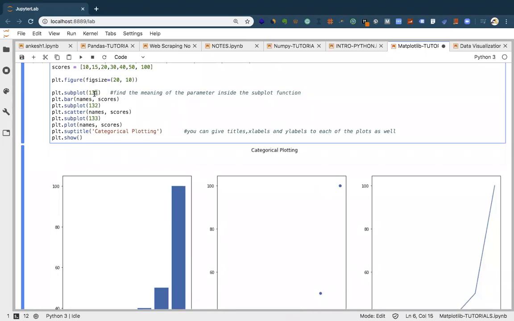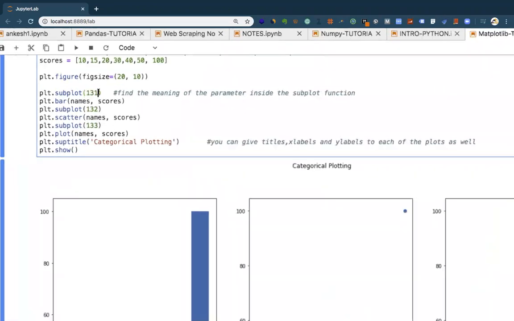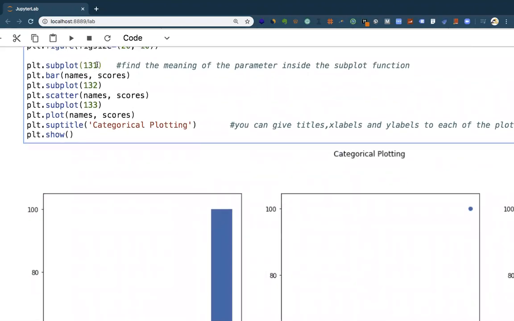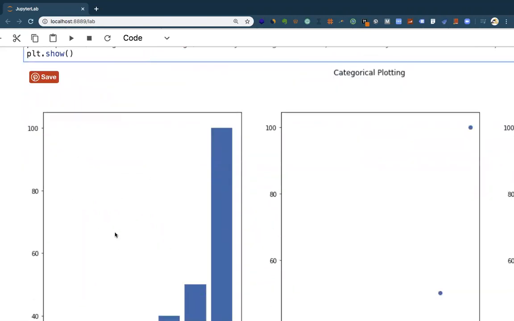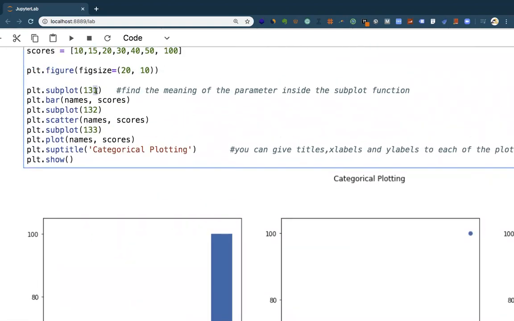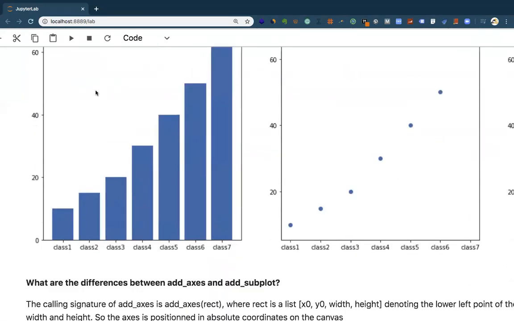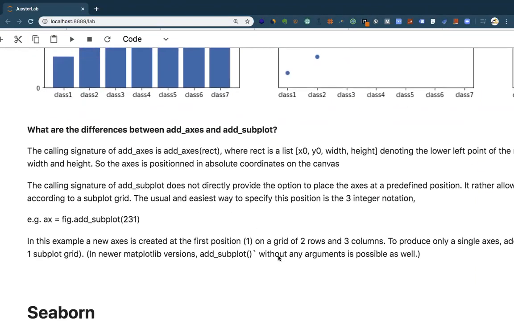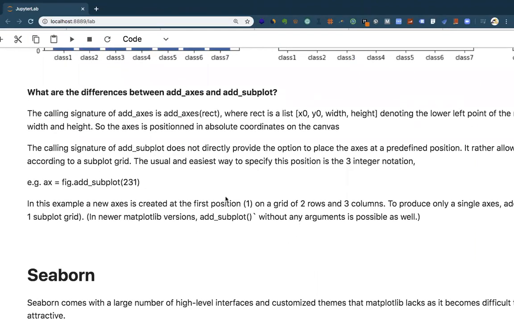Now with this number that I've put here, the first number, we are seeing 131 in the argument or parameter of subplot. What it's doing is that the first one, which is at last here, is showing the position 1 for this plot that we see here, this bar graph. I've actually written the explanation down here for you. So if you see it down here, we are saying that the first